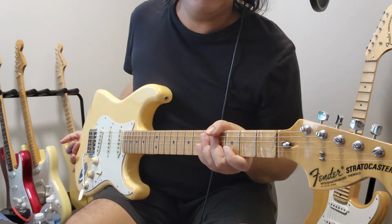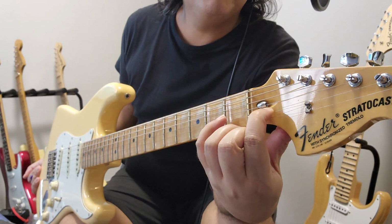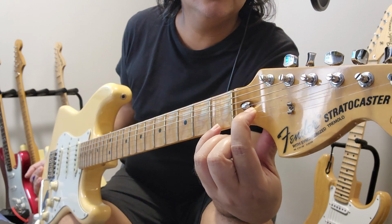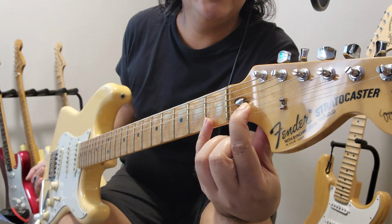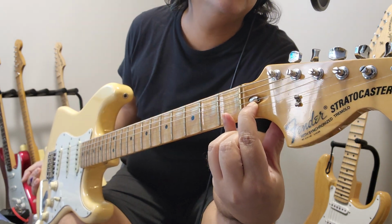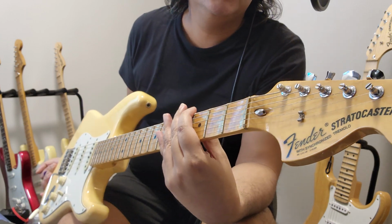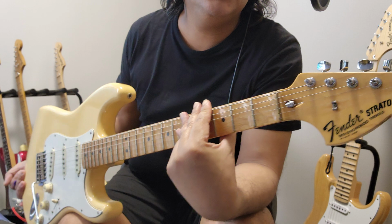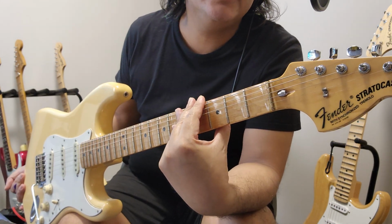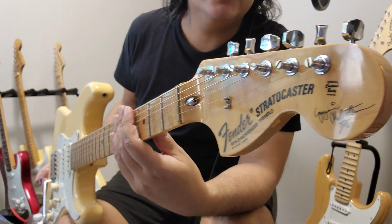And if you look at the headstock, it's got that very big excess drill hole on the headstock, and the bullet end truss rod is not covering it. It just shows there, and it looks really ugly to me. Somebody said it looks fake, so I posted this guitar